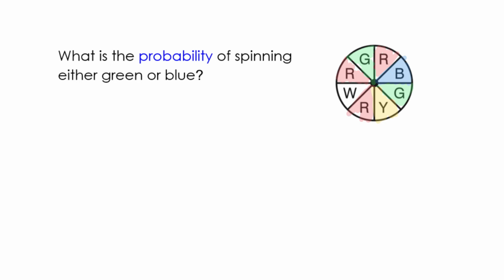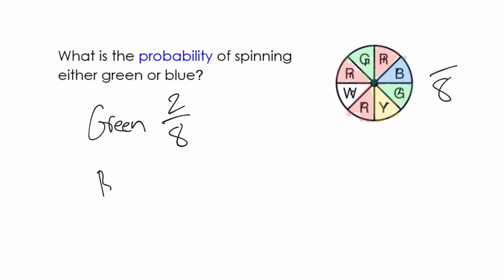But anyways, what is the probability of spinning either green or blue? First thing you should do, look how many sections there are. There are 1, 2, 3, 4, 5, 6, 7, 8 sections. Write it down. So for green, we know there's 8 sections. There are 2 green. Blue, we know there's 8 sections. There is 1 blue. So the probability of getting green, you can write it like this, 2 over 8, or